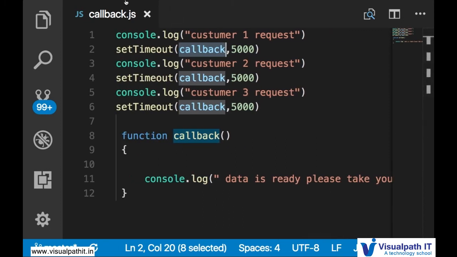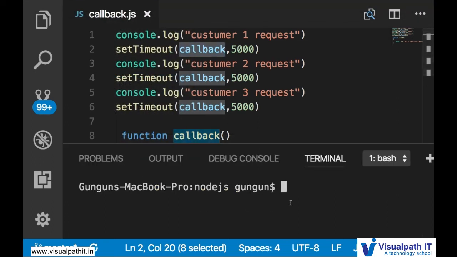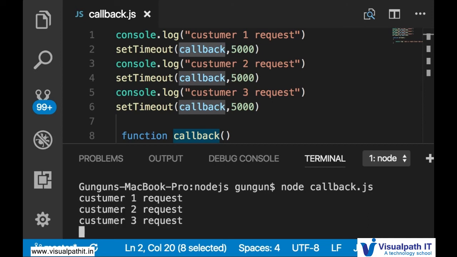So let's try to run this program. Go to the integrated terminal, and the program name is callback.js. So node callback.js. Now customer 1 request, customer 2 request, customer 3 request are parallelly processed.